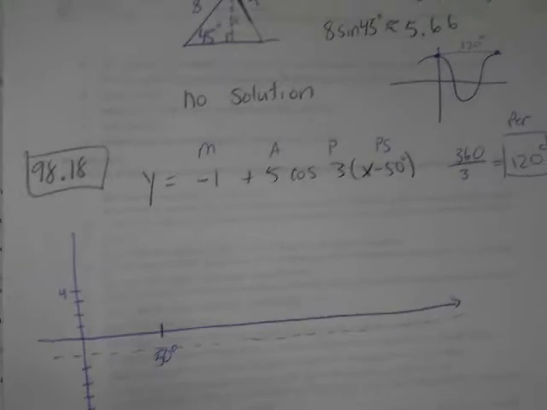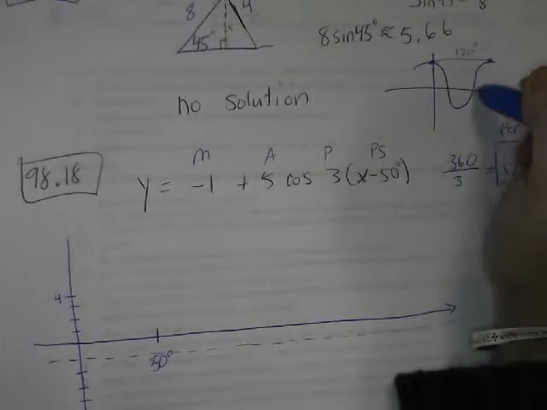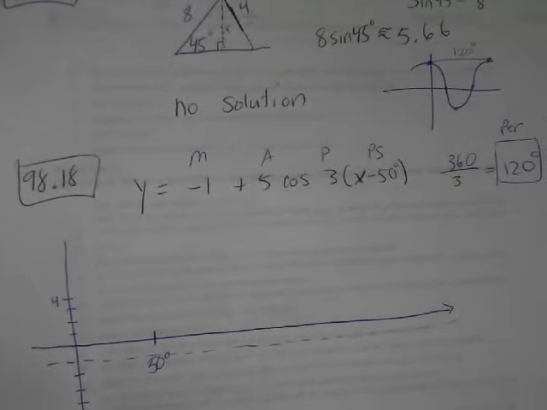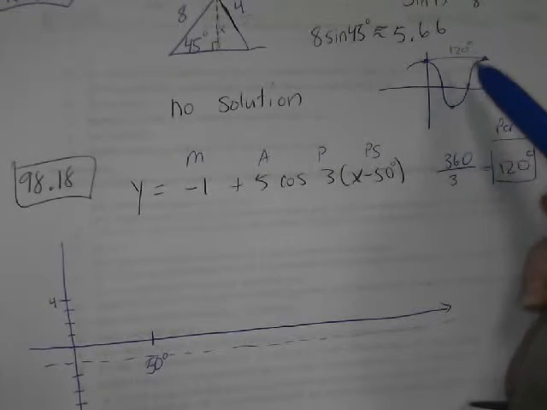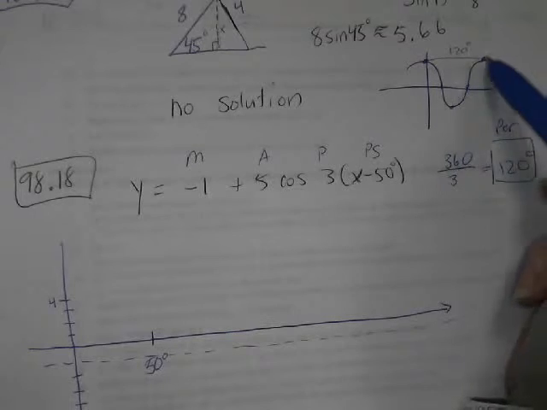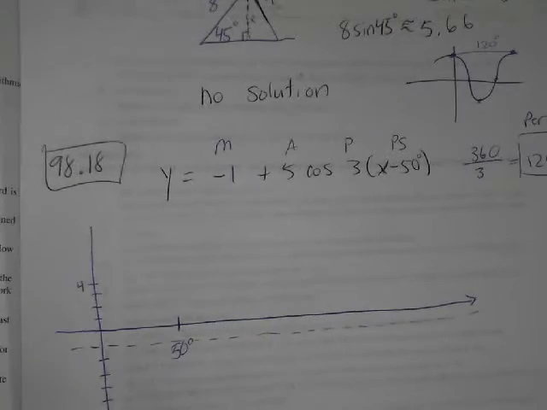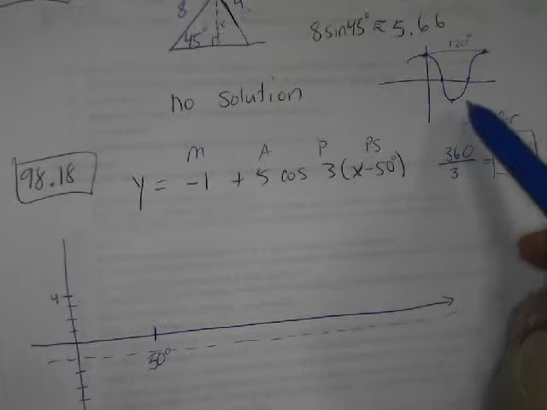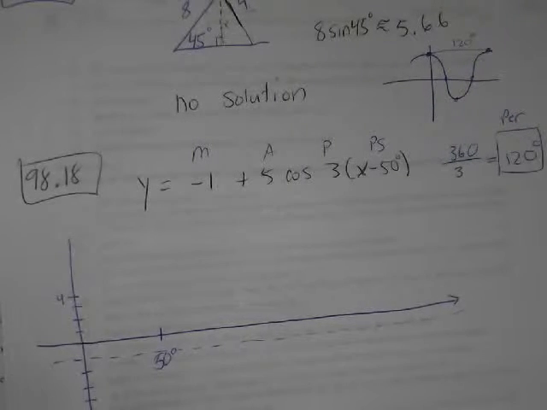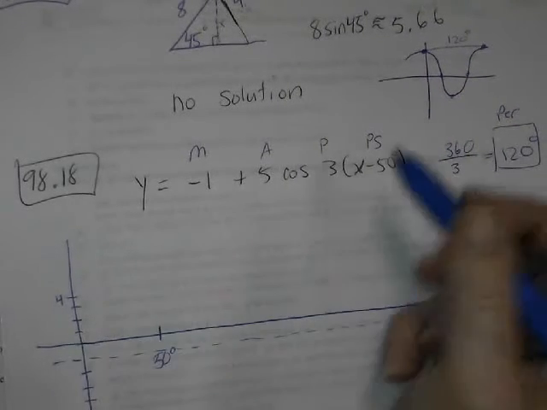Okay, and then I'll just use these 5 points: the maximum, the 0, the minimum, the 0, and the maximum. When we're doing phase shifts, maybe it's easier just to graph the 5 points. So I'm going to start with the high point,